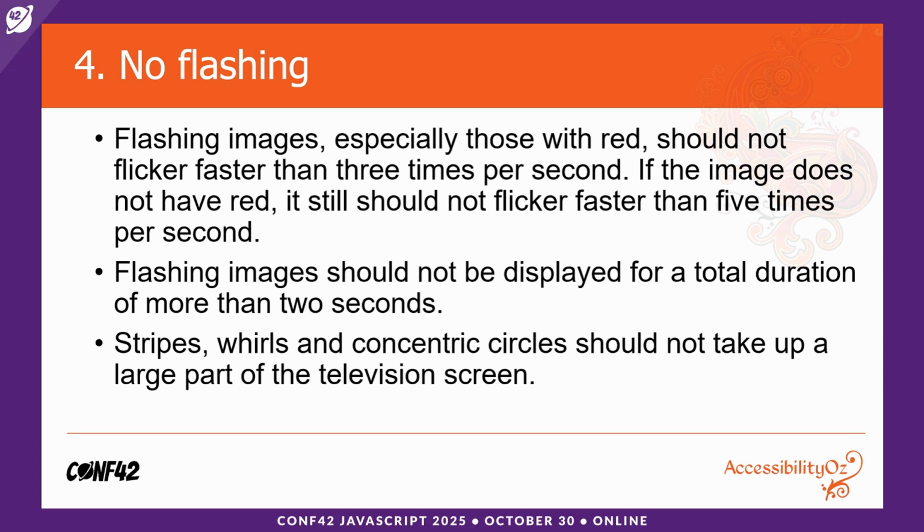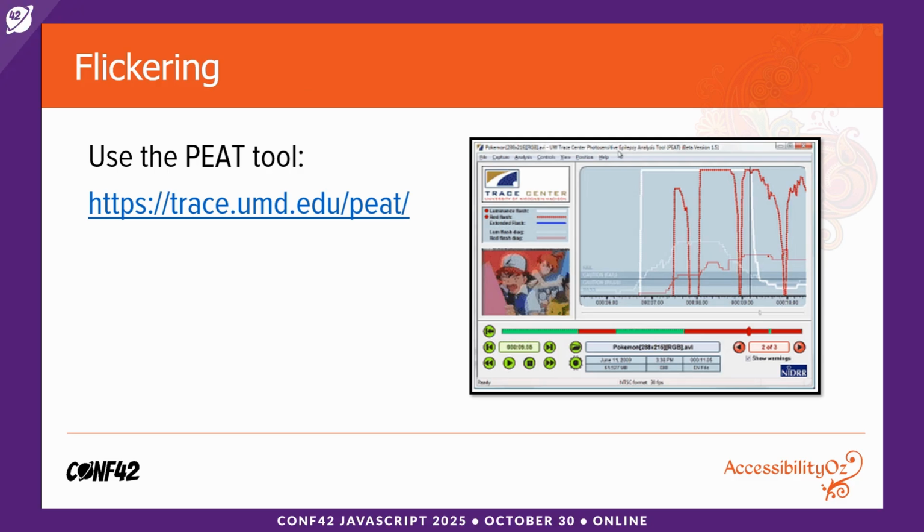So the best thing to do to determine if your content has flickering is to use the PEAT tool, the Photosensitivity Epilepsy Analysis Tool. And this is the output of that particular Pokemon episode. As you can see, there's quite a lot of red, not so much green. You can access that tool for free at